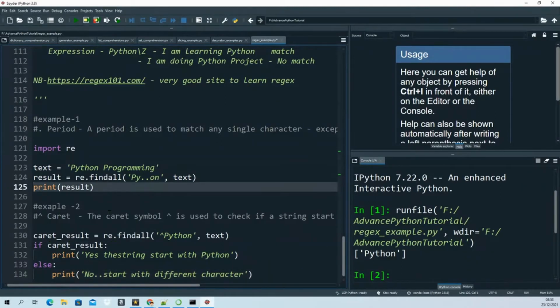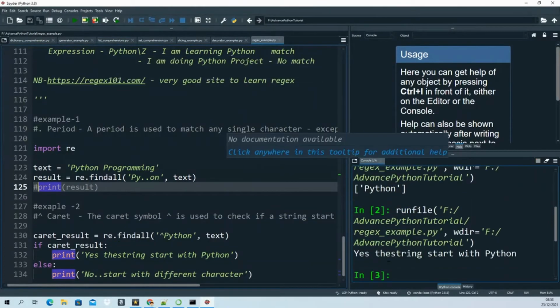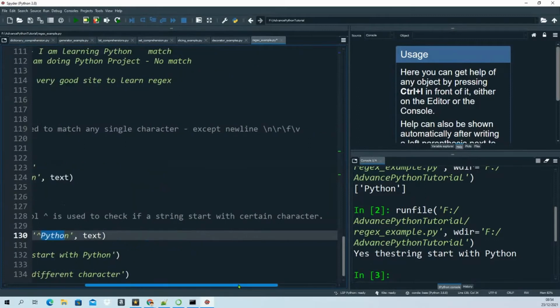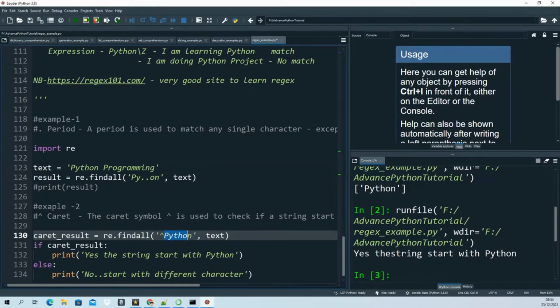So if I run the program now, yes, the string starts with the Python. So I'm saying that if I use that condition, the caret symbol, I'm asking, is the string starting with this pyth in Python? Because the caret symbol is used to check if the string starts with certain characters, so it's starting with a p. So yes, string starting. So the next one we'll see